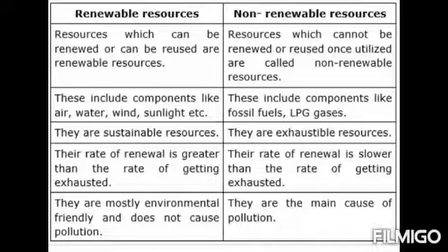Non-renewable resources are those resources which cannot be used again and again. It means once or twice if you use these resources, they may get empty. They may be exhausted. The resources get over with their stock. But if you want to get it back, you have to wait a long period of time. You have to wait long days to get it.